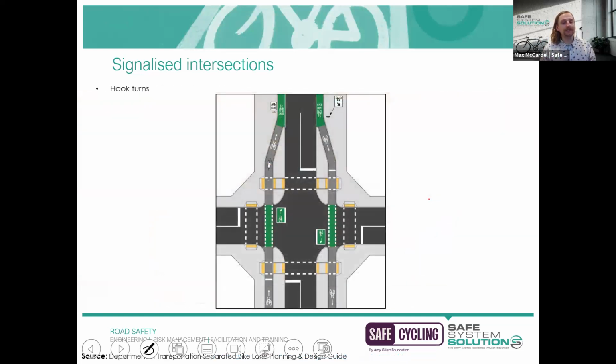Okay, hook turns, something that we do very, very commonly here in Victoria, both in vehicles and on bicycles, is this idea of a hook turn. The way that it works is basically, as a cyclist, you'd be turning left to go right, is the way that it's kind of referred to. But it just means in your higher, multi-lane environments, rather than you having to push yourself across to get into a right turn lane, you can just stay curbside and closer to the left turn lane and then